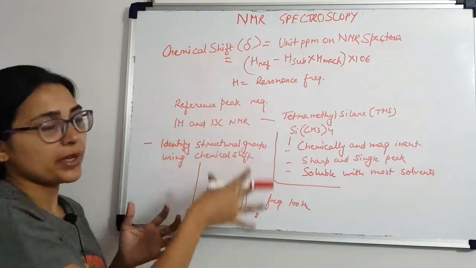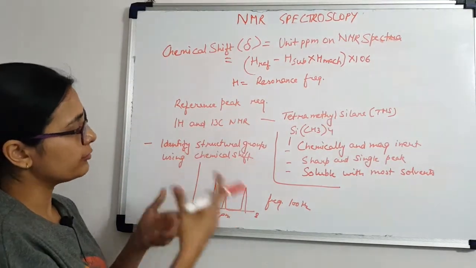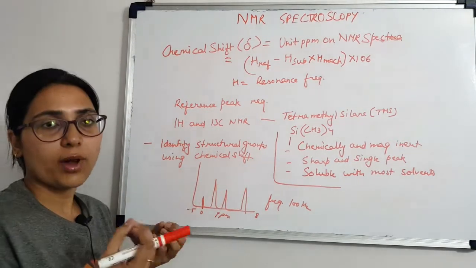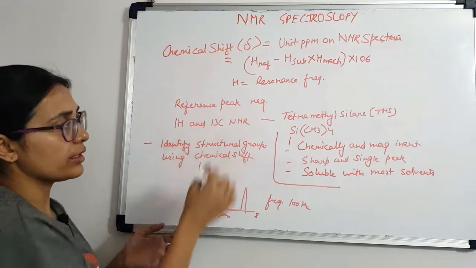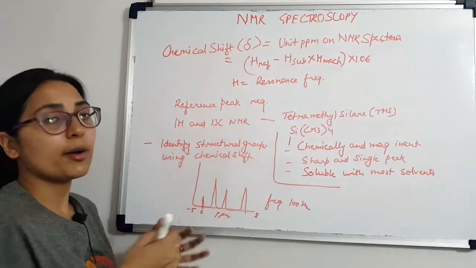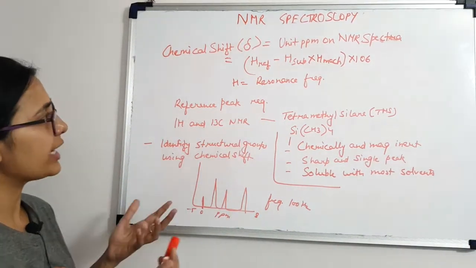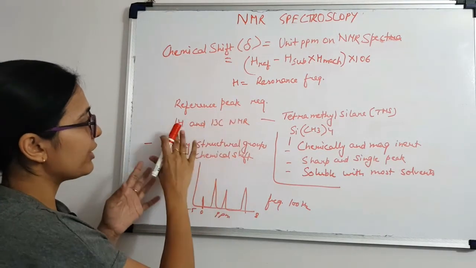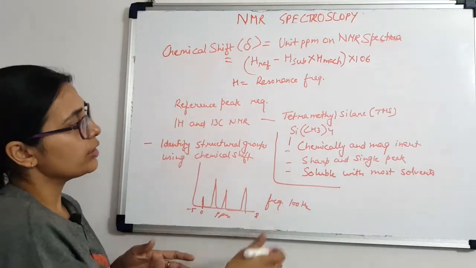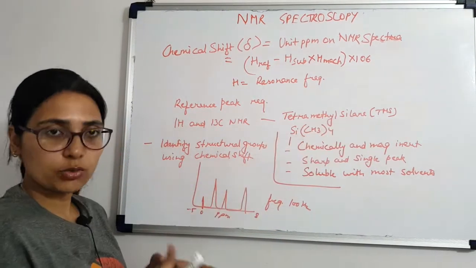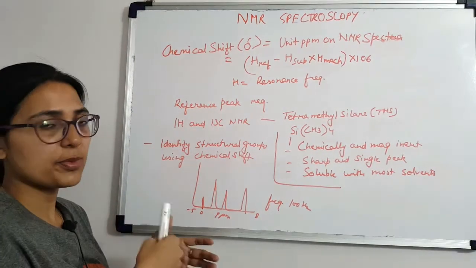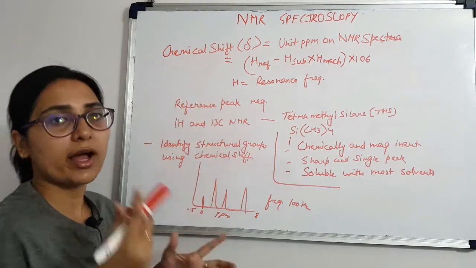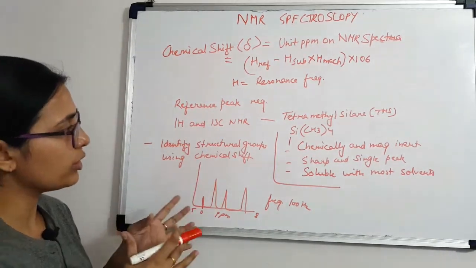Now since chemical shift is determined by the difference from a reference frequency, for NMR spectroscopy and to determine the structural groups of your sample, you actually require a reference. So you require a reference peak in your spectrum for comparison and for accurate measurement or calculation of chemical shift. In case of 1H and 13C NMR, tetramethylsilane, TMS, can be used as a reference peak to compare and to accurately measure the chemical shift, which will be required to determine the structural group present in your compound.